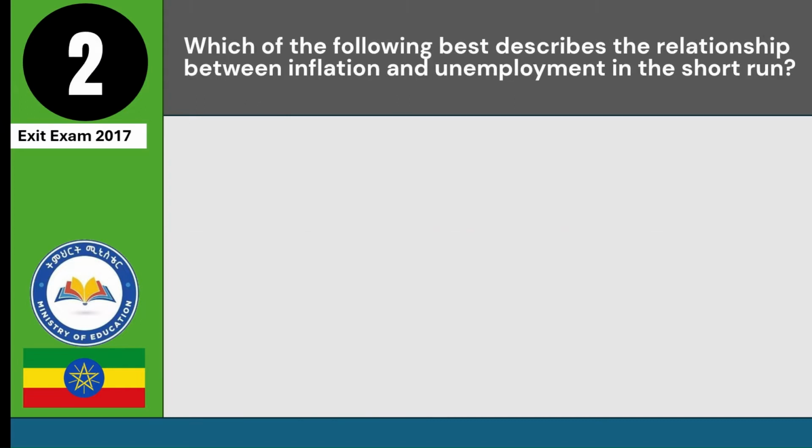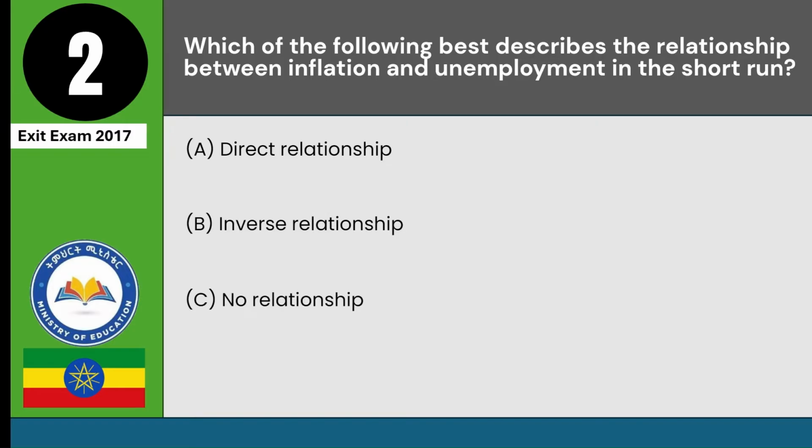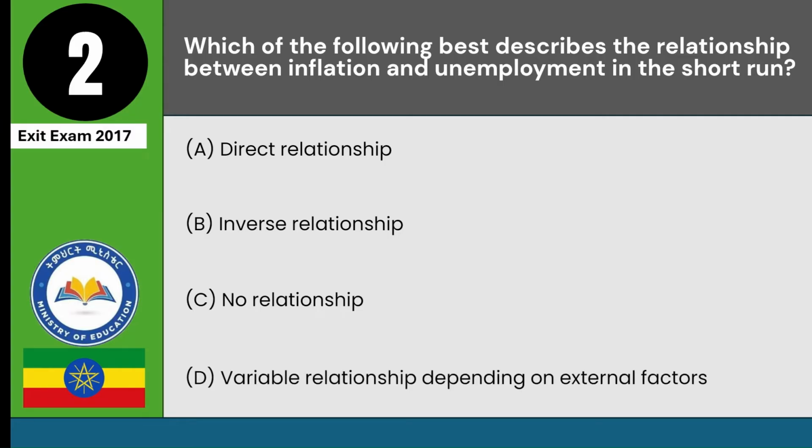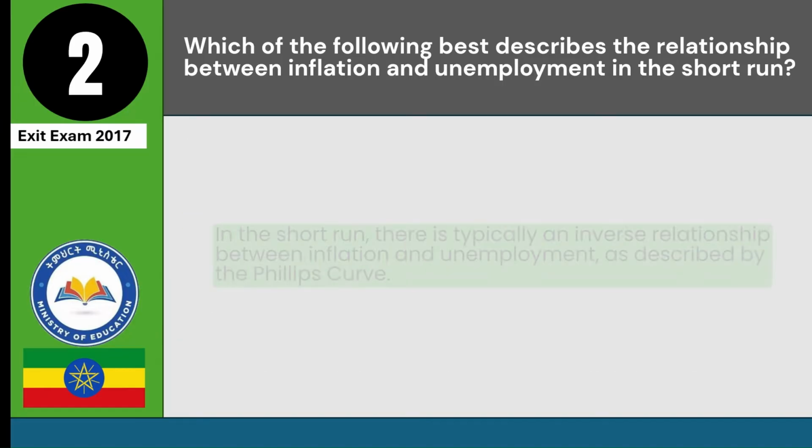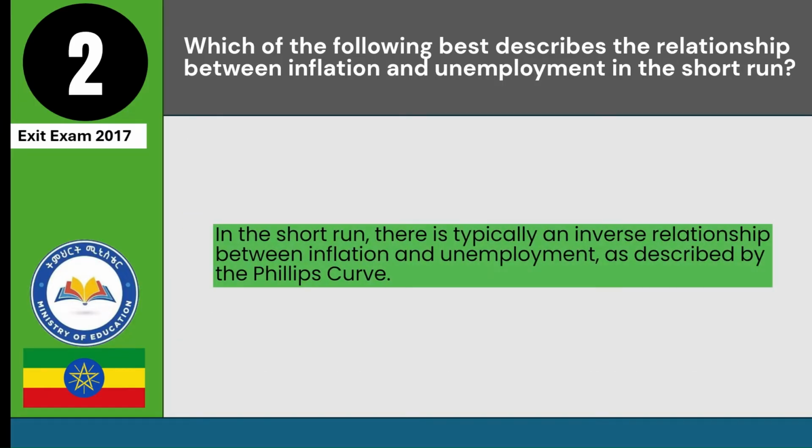left. Which of the following best describes the relationship between inflation and unemployment in the short run? A. Direct relationship. B. Inverse relationship. C. No relationship. D. Variable relationship depending on external factors. Answer: B. In the short run, there is typically an inverse relationship between inflation and unemployment, as described by the